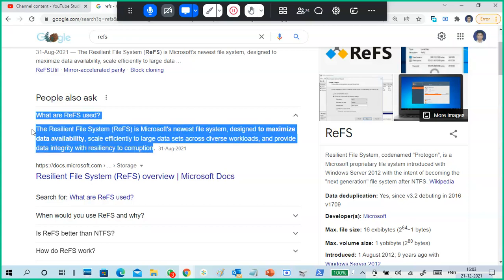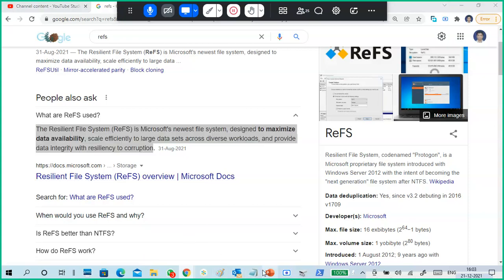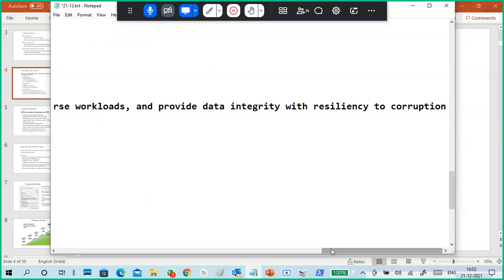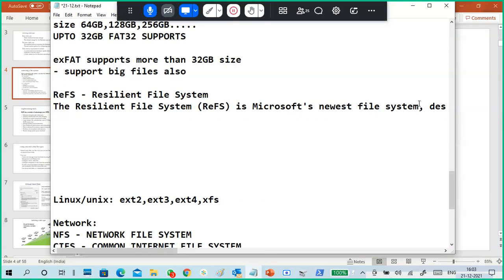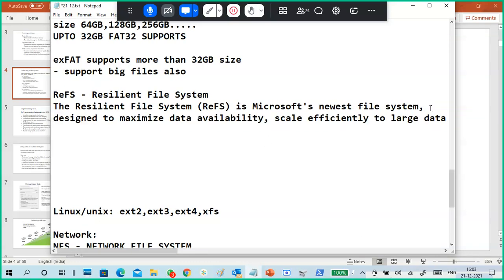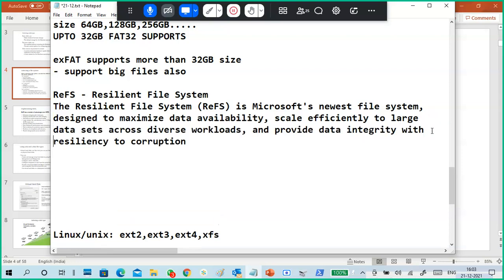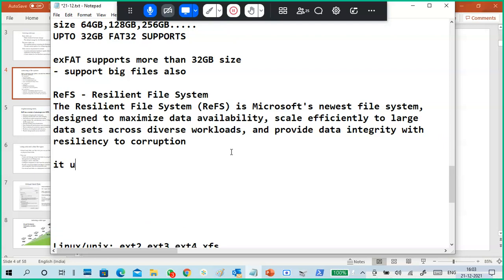It is in my PPT also, but ReFS does not have NTFS features, but it has resiliency. It uses CRC.